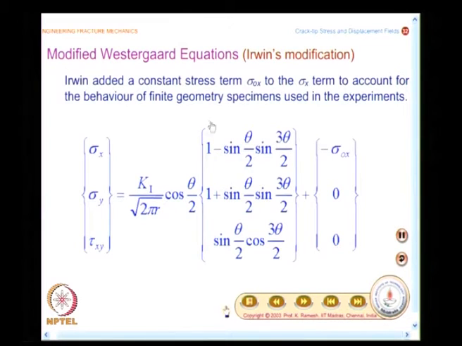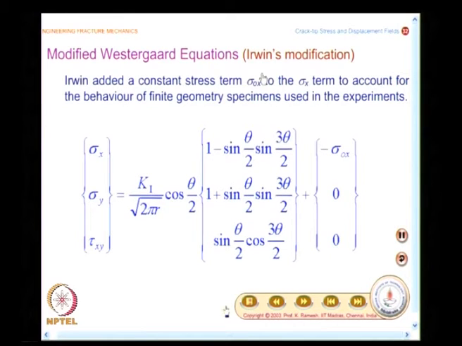And if you look at the historical development, in 1952 Wells and Post performed the first set of dynamic crack propagation experiments using photoelasticity. So, they captured a crack traversing a plate, they saw the fringe pattern, and those fringe patterns had a forward tilt. These fringe patterns need to be analyzed.